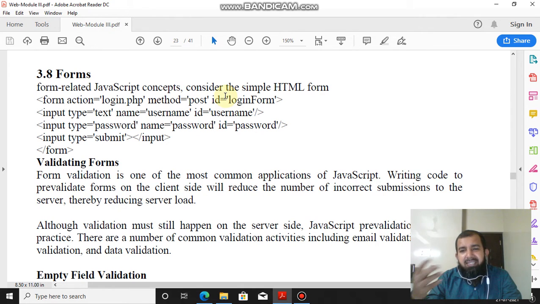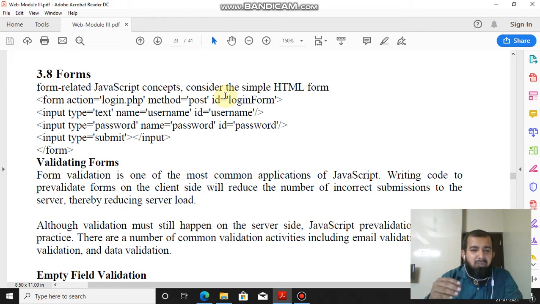In HTML you can design the form, but you can't check the validity of that form, meaning whether you entered the correct data or not. When you click submit, the action does not take place; it really doesn't submit to the server. You can't check the condition. For example, in a mobile number field you have to enter the mobile number. You can't enter text.